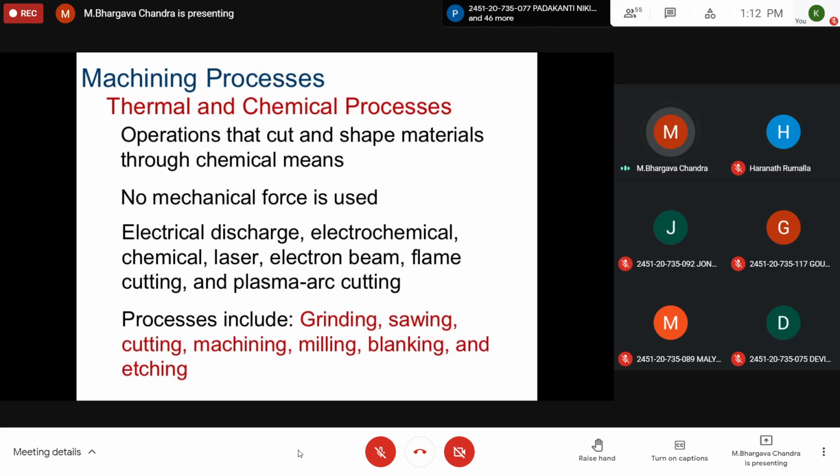Then there are operations that cut and shape materials through chemical means, where we apply chemical processes. No mechanical forces are required sometimes. Electrical discharge, electrochemical, laser, electron beam, flame cutting, and plasma arc cutting are examples which come under the thermal processes. By way of chemical reaction, you can cut a workpiece using chemical means, or by using high temperature processes like electrical discharge